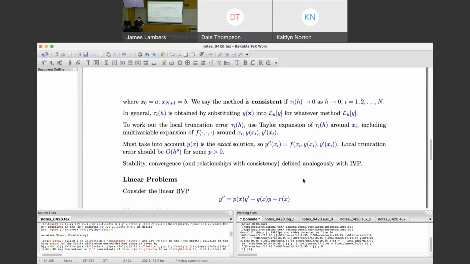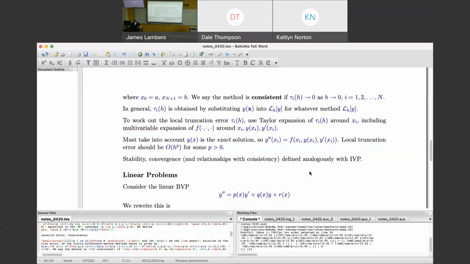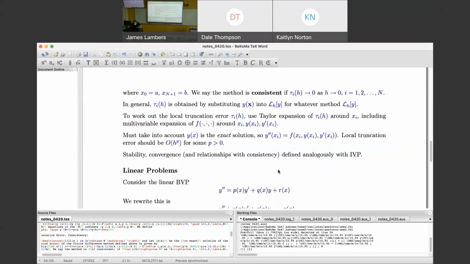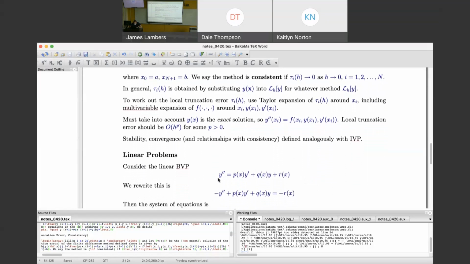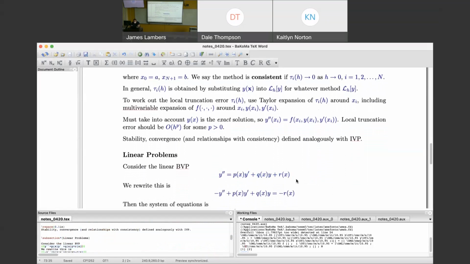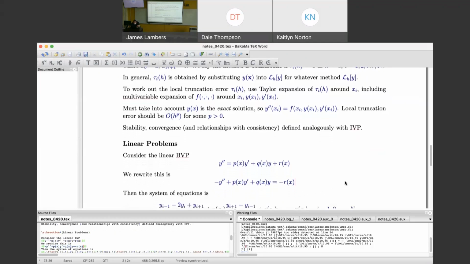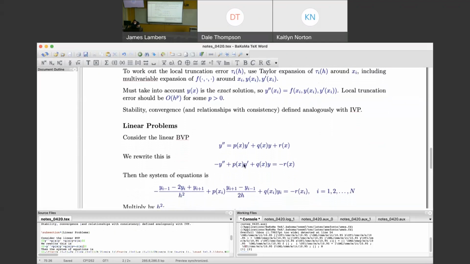All right. As far as solution methods are concerned, here we have a case of a linear boundary value problem. We saw this last time with a shooting method. But for convenience, I'm going to rewrite it this way: everything involving y on one side, and everything not involving y on the other side. Then I replace the derivatives with finite difference formulas and get this. And then I multiply through by h squared,